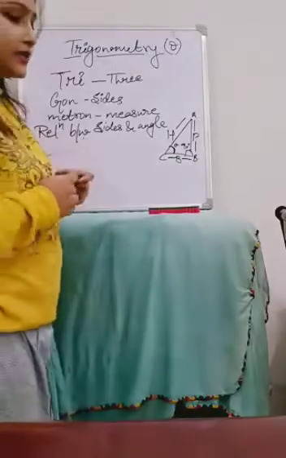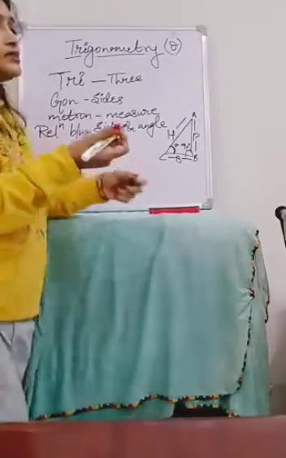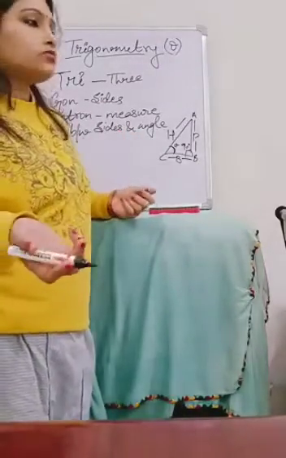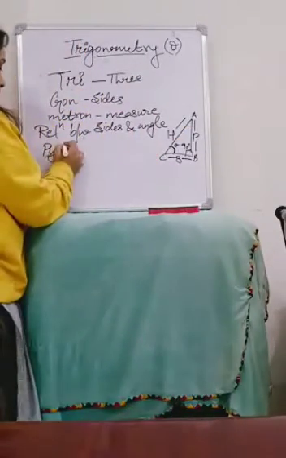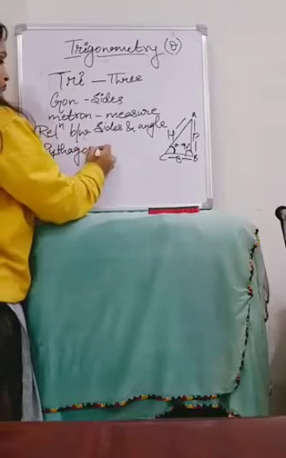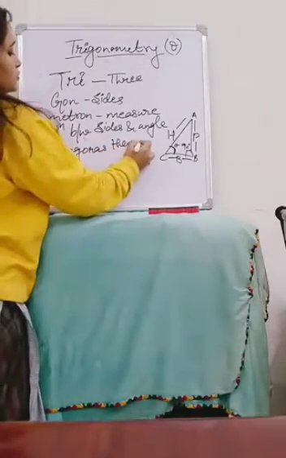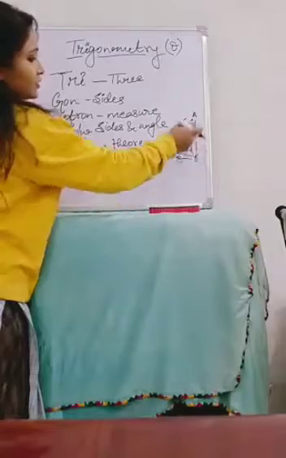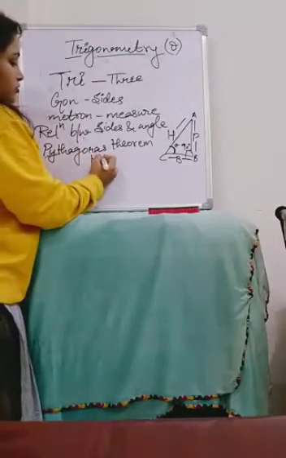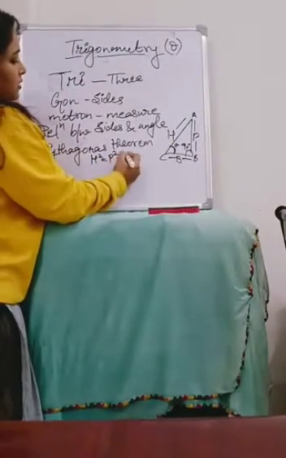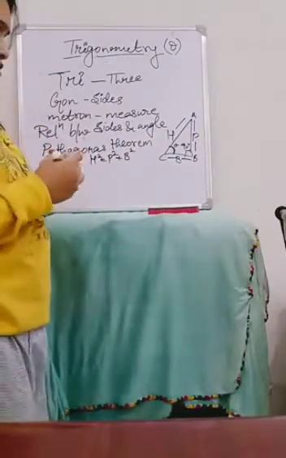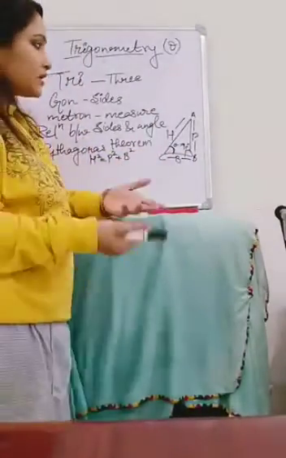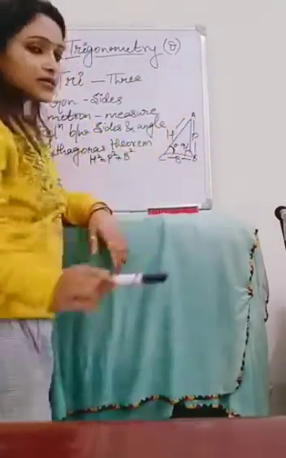Sometimes we don't have a side and need to find the sides of the triangle. We use the Pythagoras theorem. The Pythagoras theorem is used to find any side of the triangle. That means hypotenuse squared is equal to perpendicular squared plus base squared. Now you may be confused how we will measure that, because sometimes it is given opposite. Here angle C is theta, but sometimes angle A is theta.